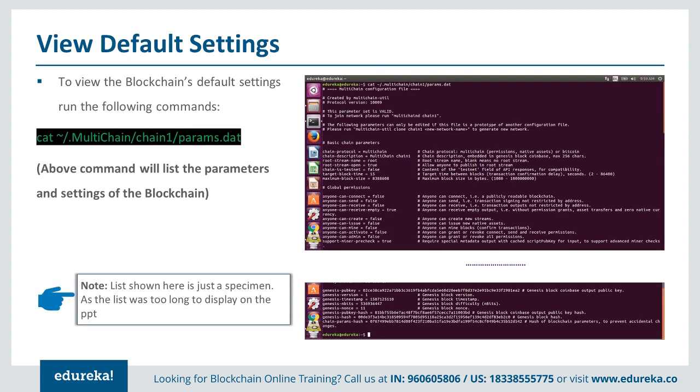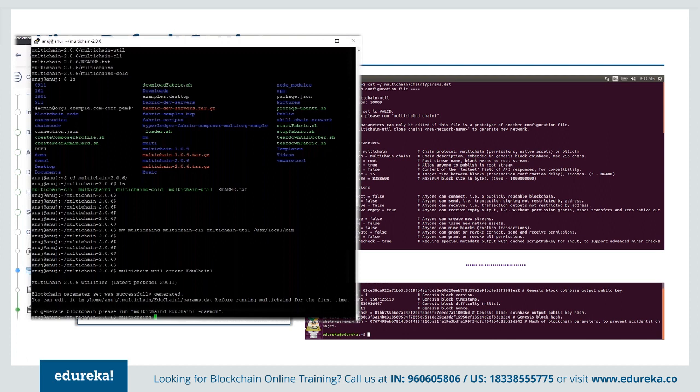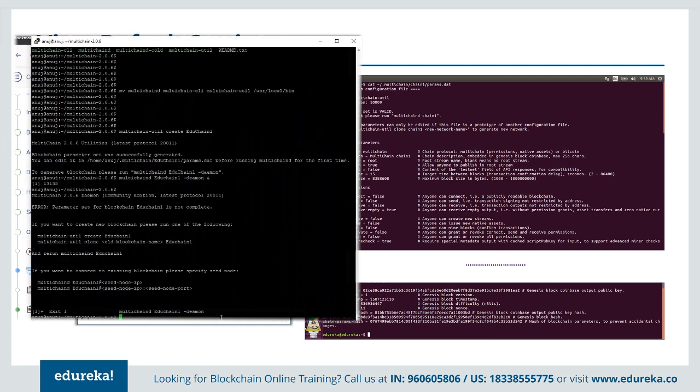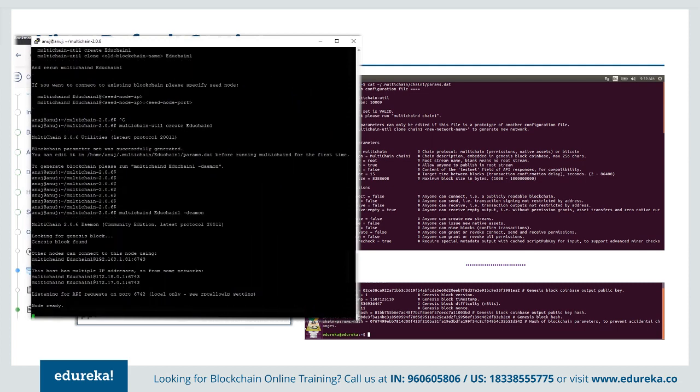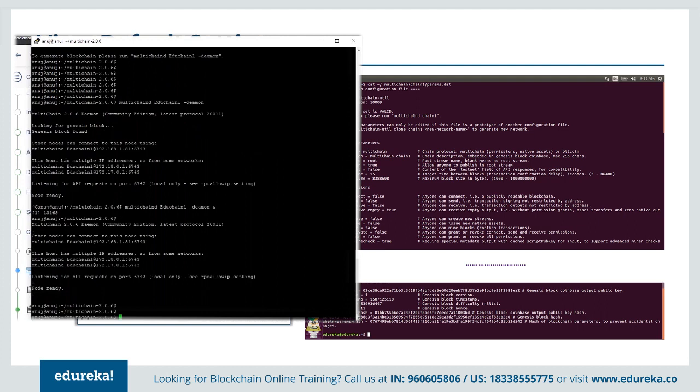So now what I will need to do is, now I will need to start this daemon. So what I will do is, I will write multichaind, the name of my chain Educhain1 -daemon, and I will run it in background, so that I can get my command prompt back. So till now what I have done is, I have just created a blockchain. Now I am starting the daemon of this blockchain. So here my blockchain is started. So now it is running fine. I will run it in background. So now it has started this MultiChain instance.